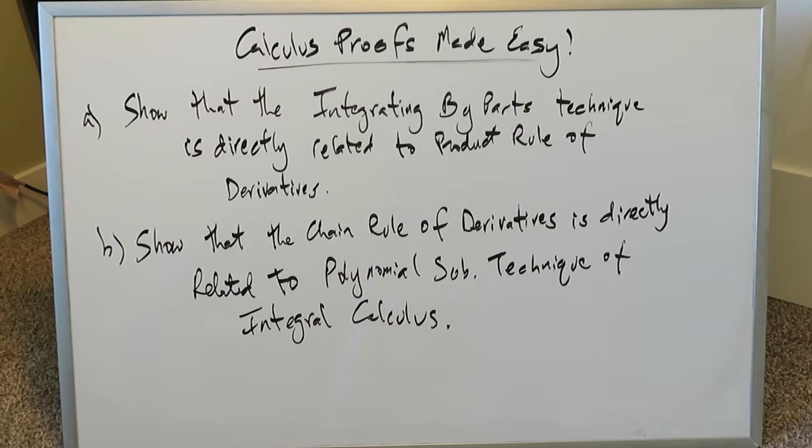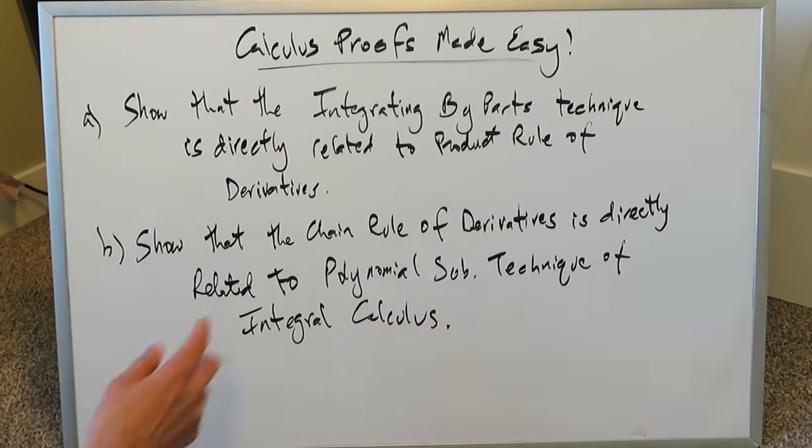Calculus proofs made easy. We will be looking at two of them, and they are mentioned right here, A and B. When I'm using the word show over here, we can also say prove. The first one, prove that the integrating by parts technique of integral calculus is directly related to the product rule